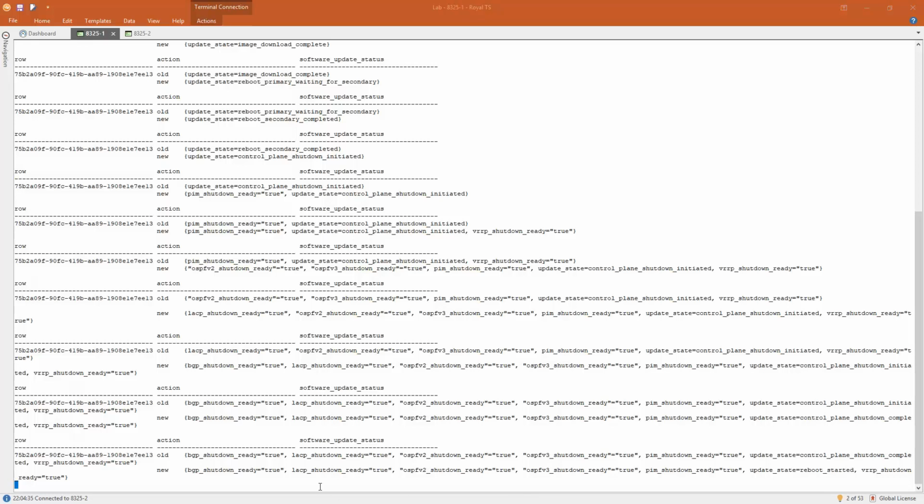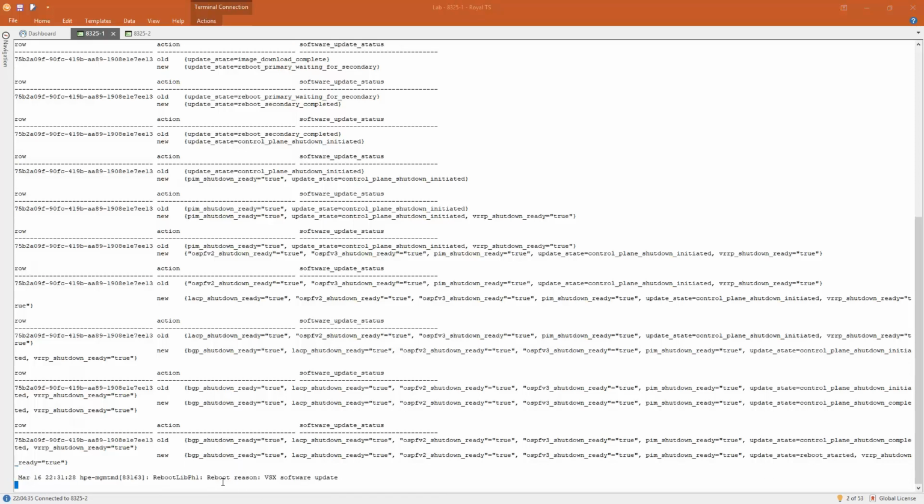So we should very soon see the primary rebooting, and that will be the end of the demonstration, and the primary will join the cluster, and we'll get both secondary and primary running the new image version.